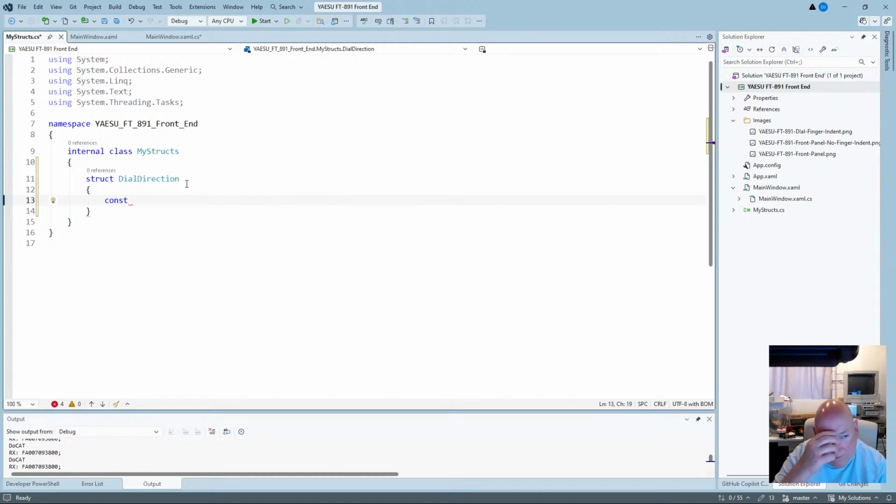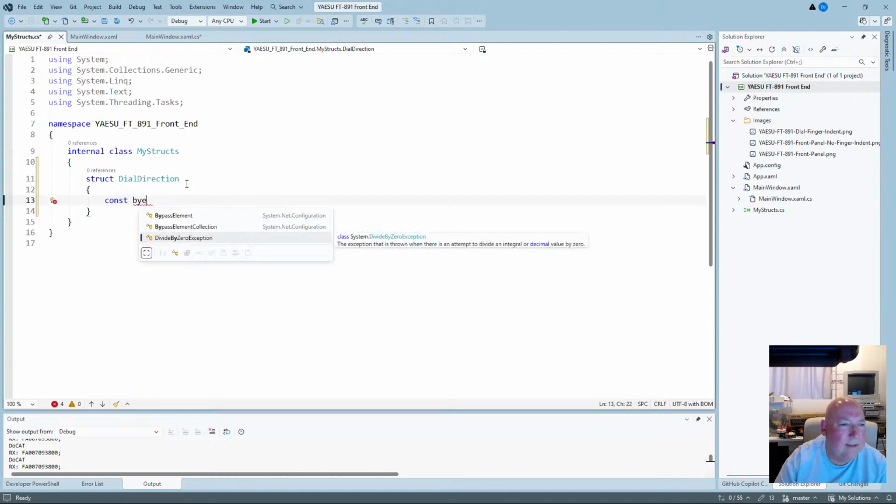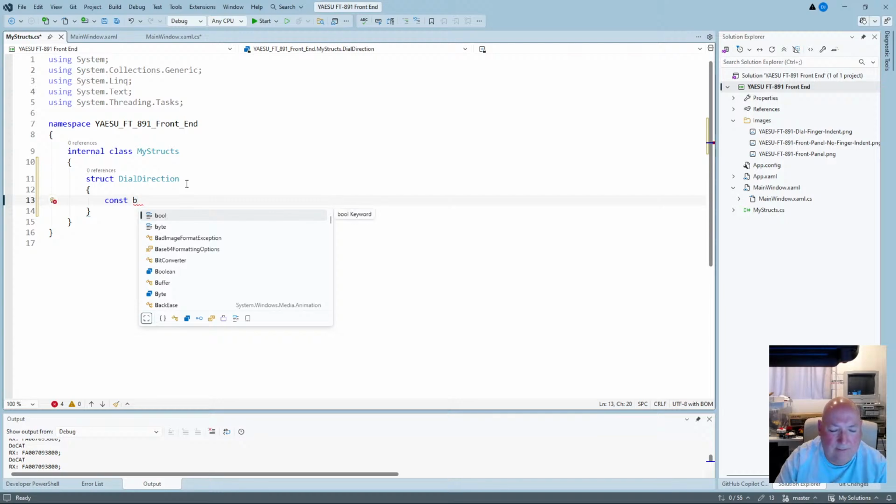Should we do a byte? We will. Yeah, constant byte. I'm still writing in the C++ at the minute. Constant byte. So direction none